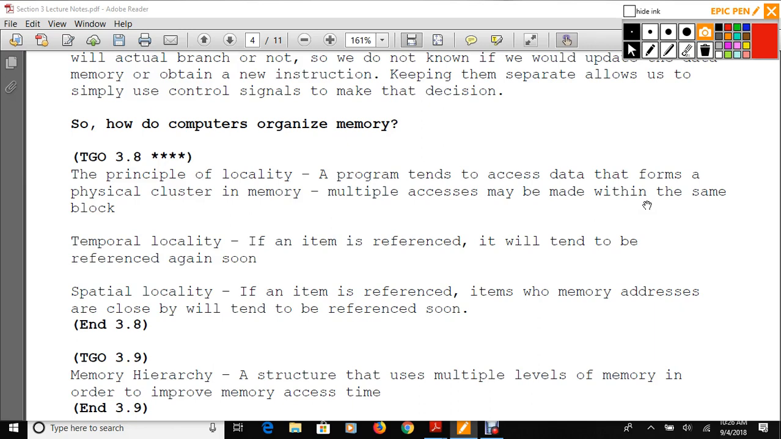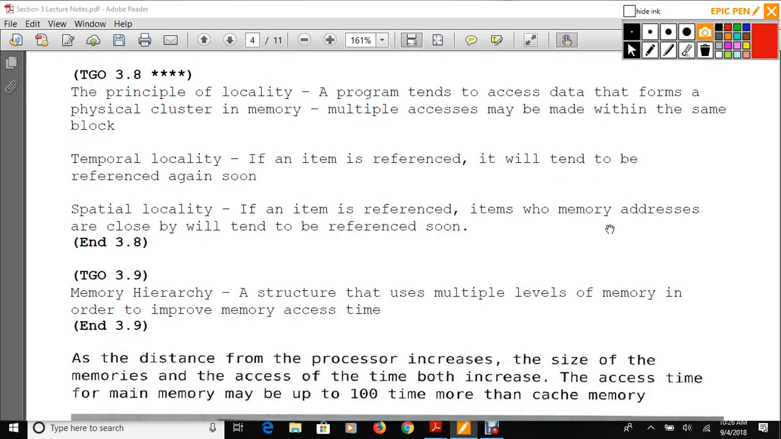So a good operating system will do that. And so how do I determine how I cluster those? Well, a specific term, what's known as memory hierarchy. So memory hierarchy is a structure that uses multiple levels of memory in order to improve memory access time. I briefly alluded to this in the first lecture, the idea of local registers, cache memory, then non-volatile memory,